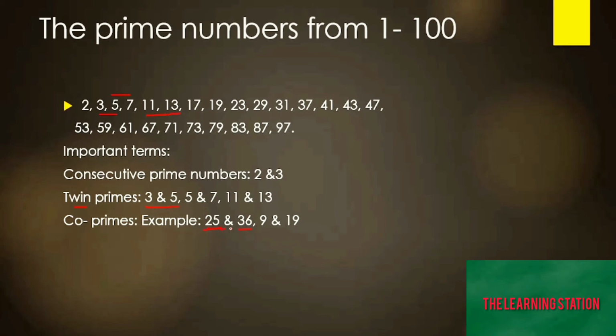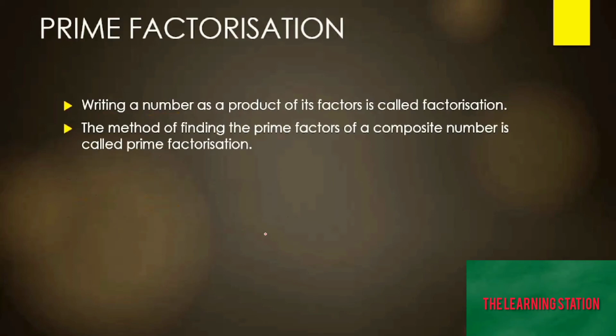Like if you see 25 and 36, they only have one as the common factor. 9 and 19, they have only one as the common factor. Even if 9 is a composite number, but still 9 and 19, if you see, only one is the common factor. So now let us learn about prime factorization, because in your school books, you might have seen